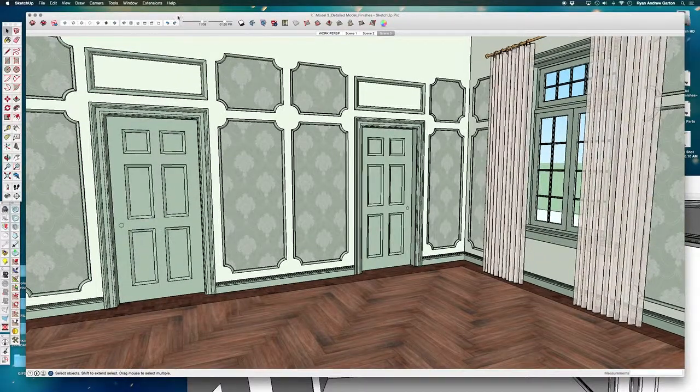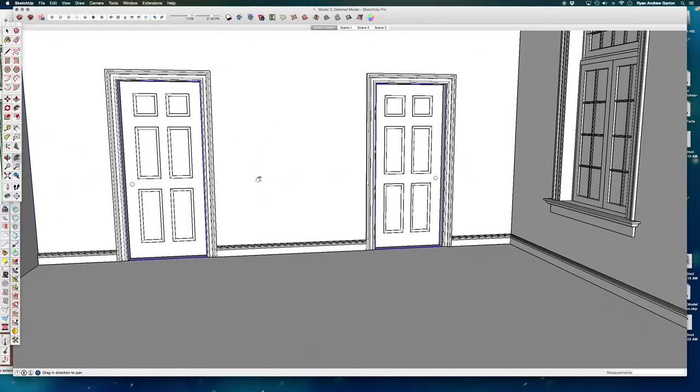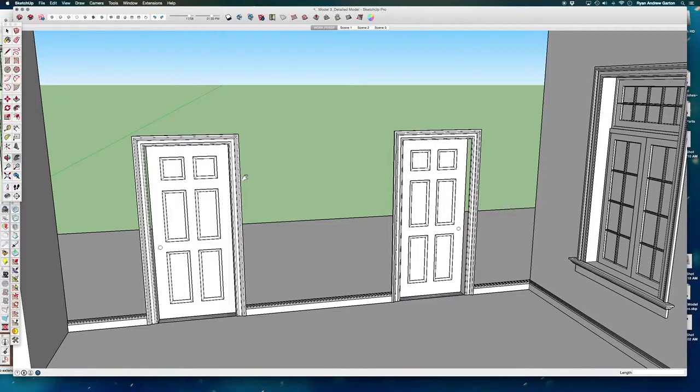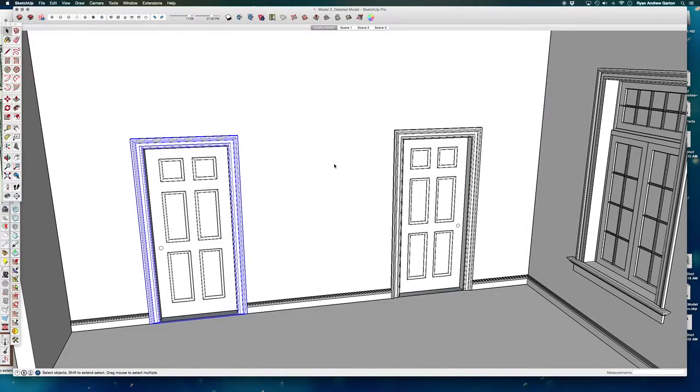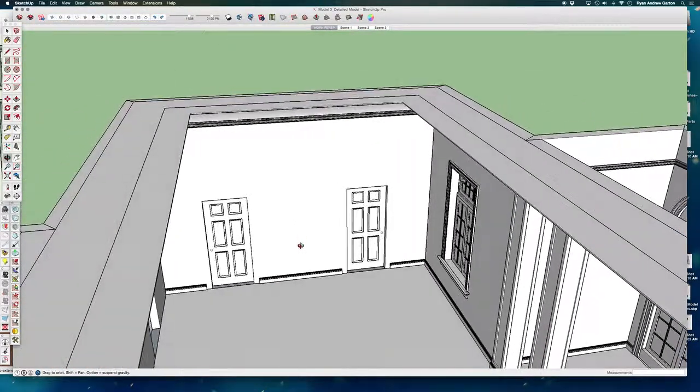So let's go back to the white model here. And this is if you want to follow along or do something similar, or even if you just want to do a rhythm of squares, or if you don't want to do any paneling at all, no worries. This is just really more for demonstration than it is that you have to do it for the assignment. I'm just hiding those